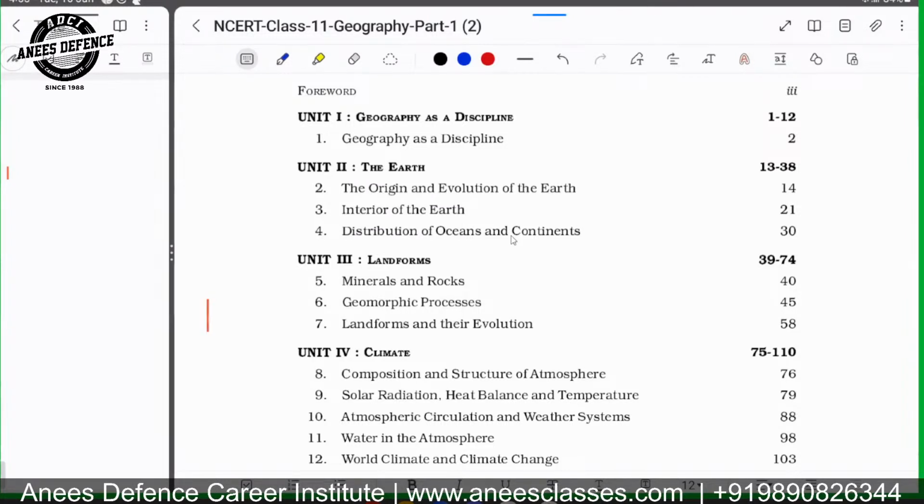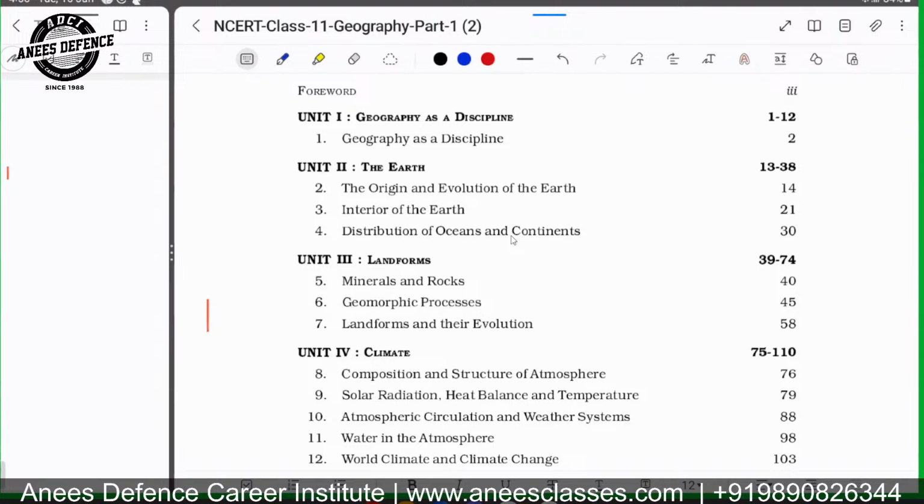So this is the 11th NCERT. We have already completed 6 to 10th NCERT. We are just left with the NCERT of class 11th and 12th. So there are 2 NCERTs in each class, so we have 4 more books to study. We'll be jumping to unit 2 of the class 11th NCERT.